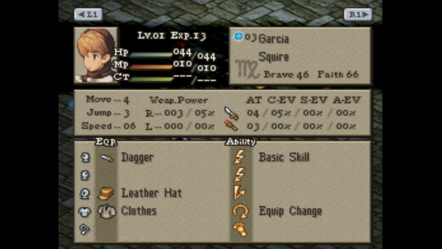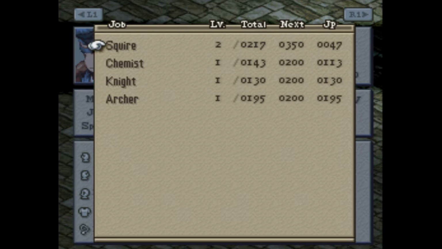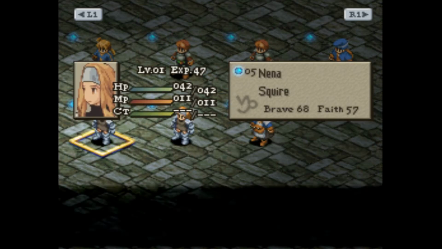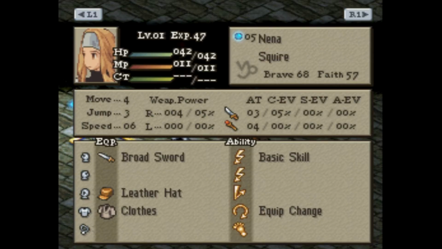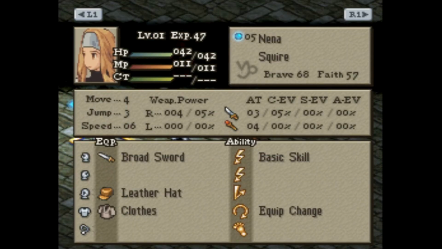You're definitely getting the hell out of here. Chemist though, with this high faith, we'll keep you as that girl here too. Oh, she actually got level 2 chemist, so she can actually become a wizard. Actually, that might be pretty cool right now. Actually, not so bad faith,